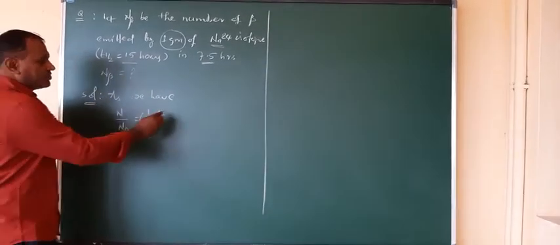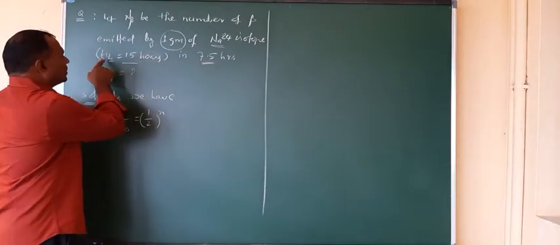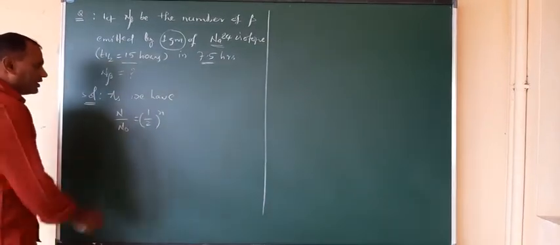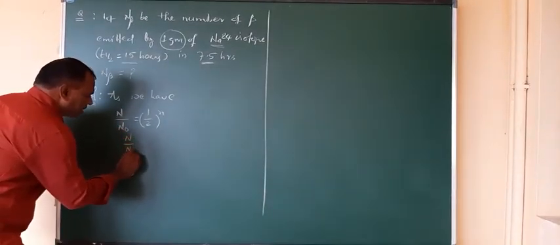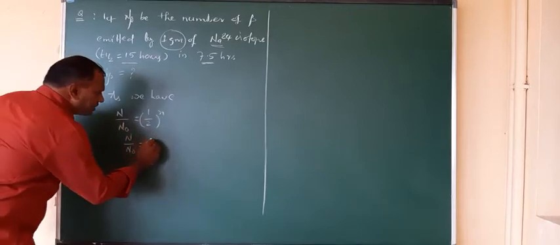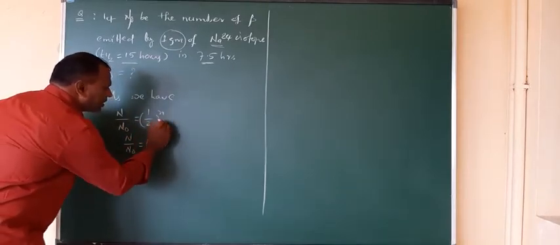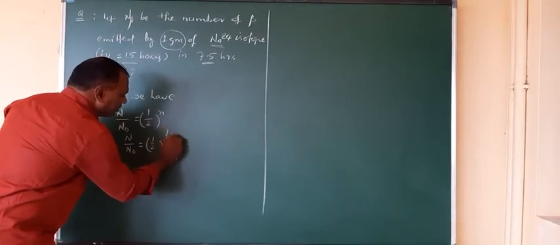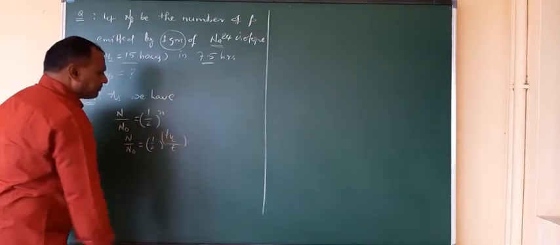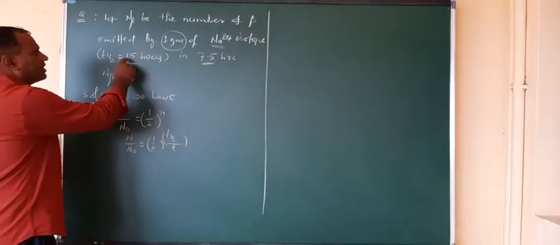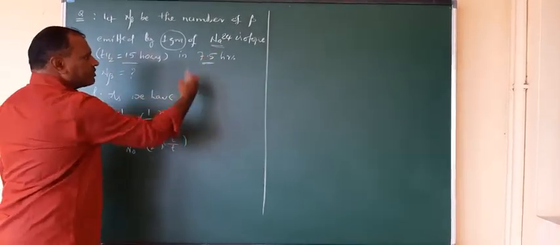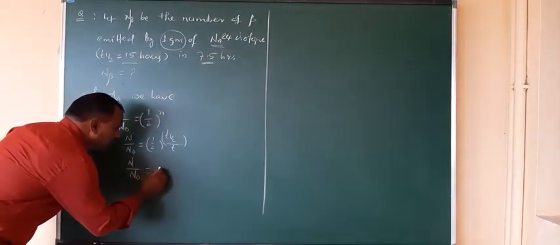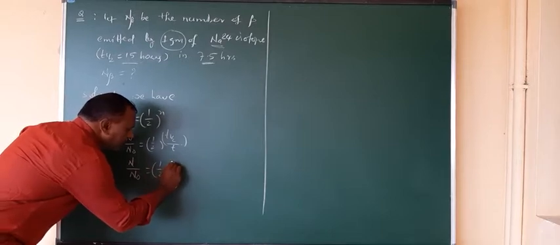Here n is nothing but the time interval we want to calculate, that is, t by T half. T half is 15 and t is 7.5. Therefore I can write N by N naught is equal to 1 by 2 power